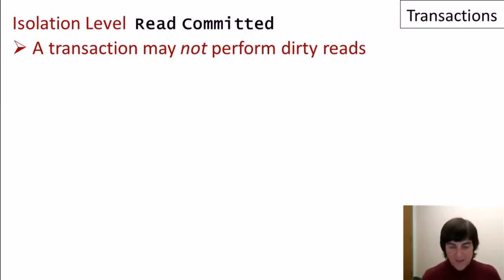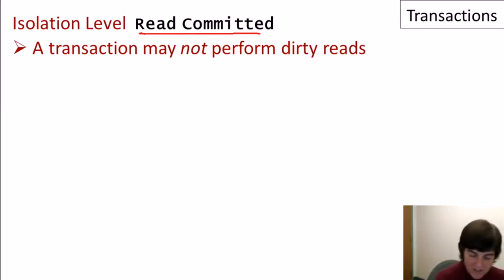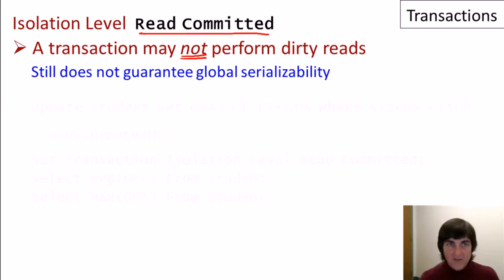Let's go one step up to the next isolation level, which is called read committed. As you can probably guess, this one specifies that transactions may not perform dirty reads. They may only read data values whose updates by other transactions have been committed to the database. Now, this isolation level is stronger, but it still doesn't guarantee global serializability, and let's take a look through an